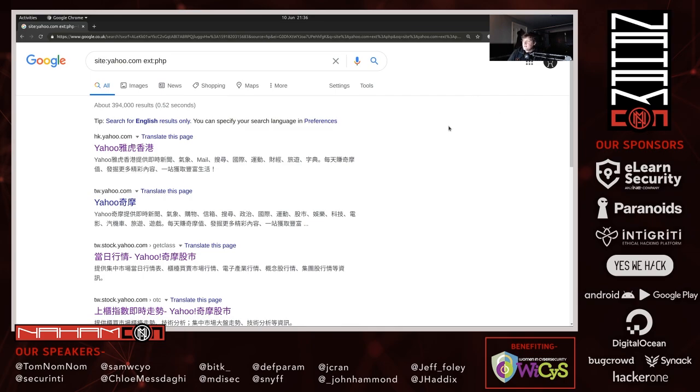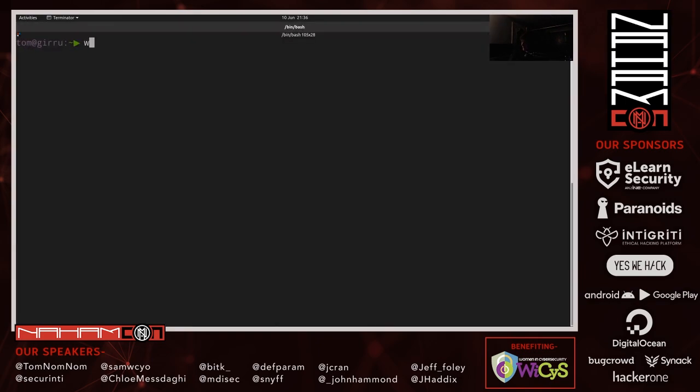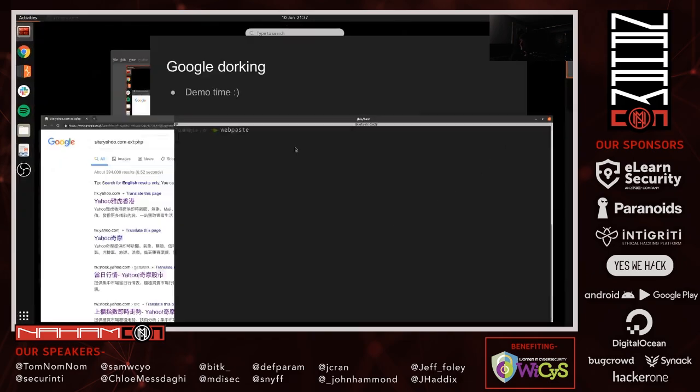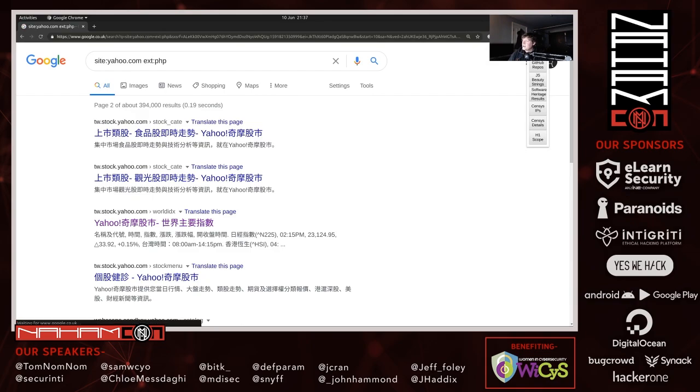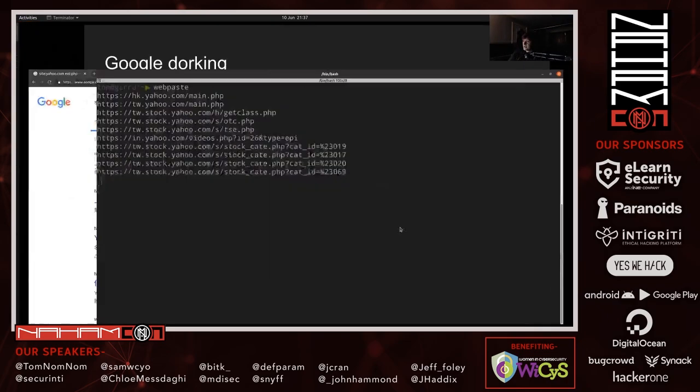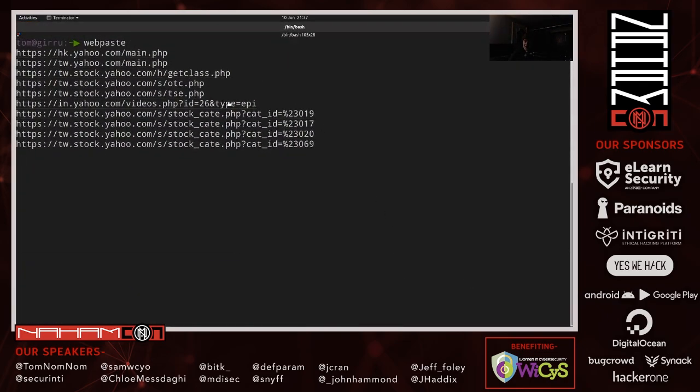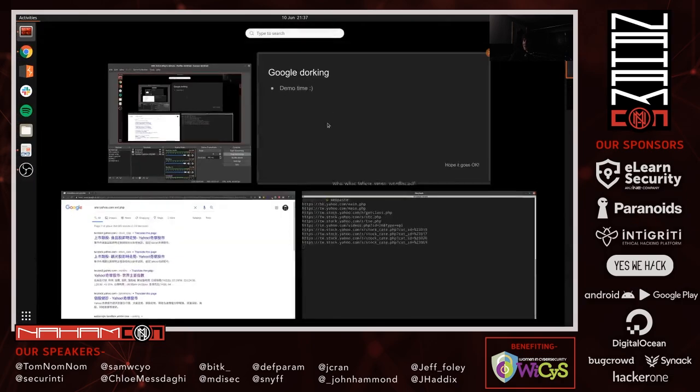What I need to do is run a companion app called Web Paste in my command line. And you can see it's not actually doing anything right now. But if I go back to my Google search, click the Web Paste icon up the top, click Google URLs, you can see it's moved to the next page. But what it actually did was extract all of the URLs from that search page, send them to the companion application, which is actually a little web server, and then move to the next page of the results.